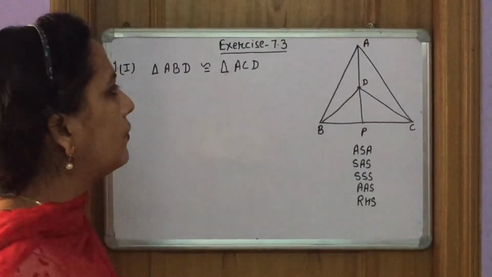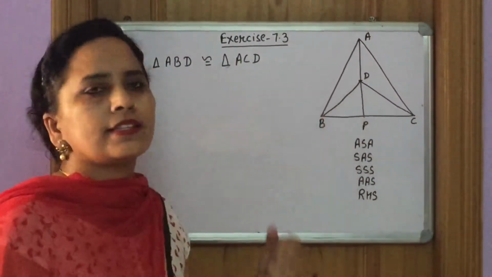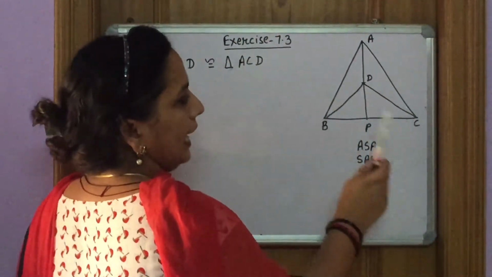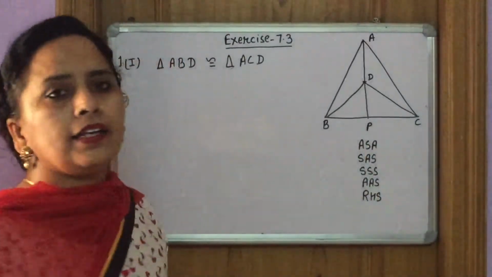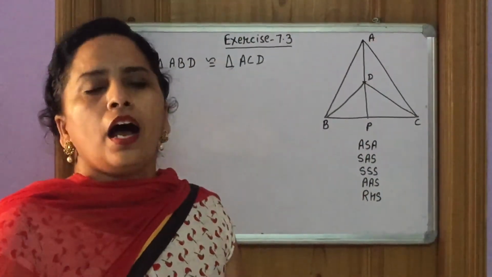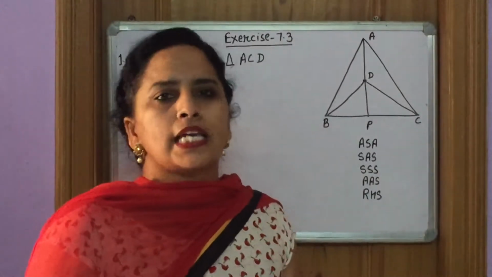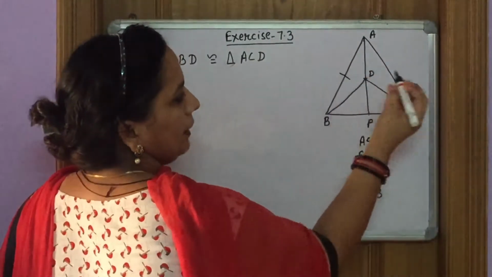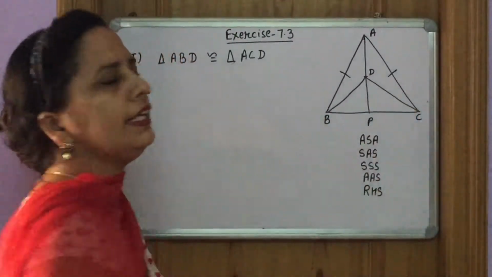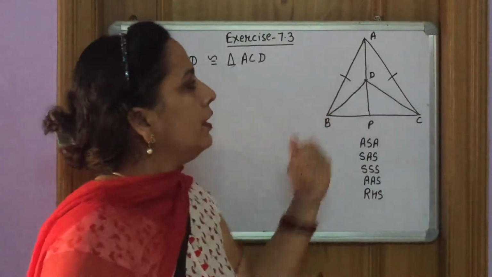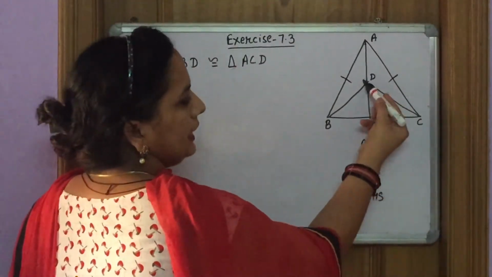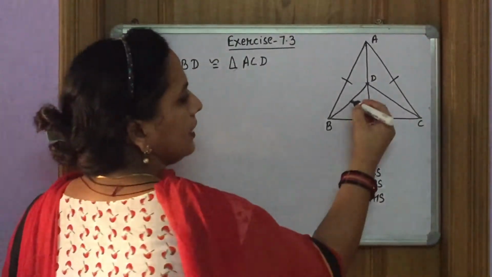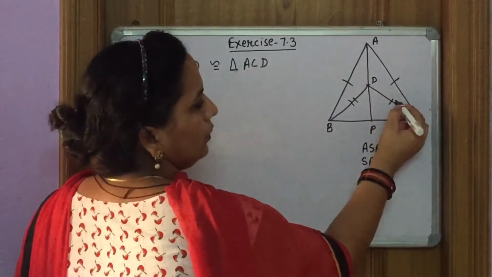So this is question number 1. In question number 1, a figure is given, and two triangles, triangle ABC and triangle DBC, are given to be isosceles triangles. Isosceles triangle means in which two sides are equal. So in triangle ABC, side AB is equal to side AC. We will mark here 1. And the second triangle DBC is also an isosceles triangle. So we can say that DB is equal to DC.